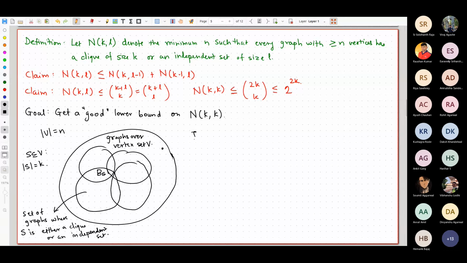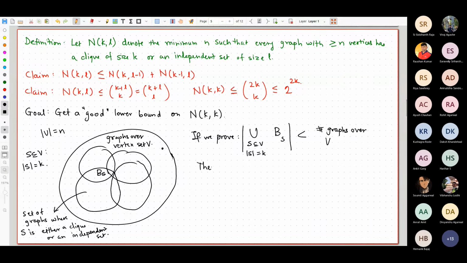So if we prove that the union over S subset of V, size of S equal to k, of the set B sub S, the size of this union is strictly less than the number of graphs over the vertex set V. Okay, strictly less than,